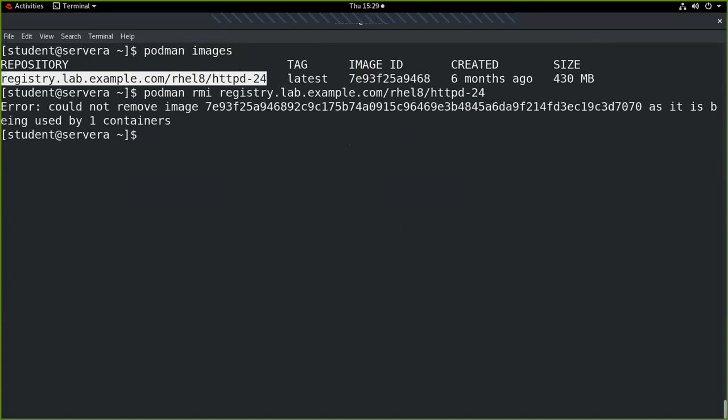What happened? Some of the containers might be running or in the stopped state, but they are using this image. So if one container is running with this image, you cannot use the rmi command. Yes, you can go for it forcefully, but this forcefully